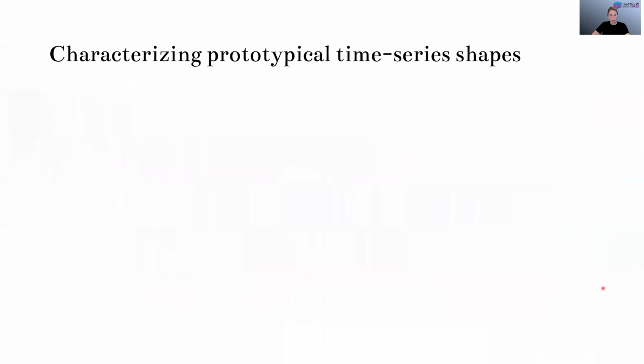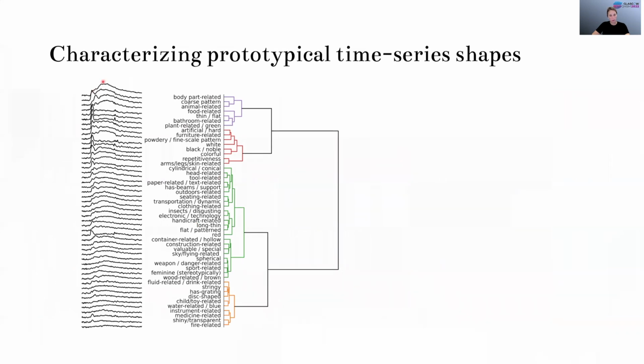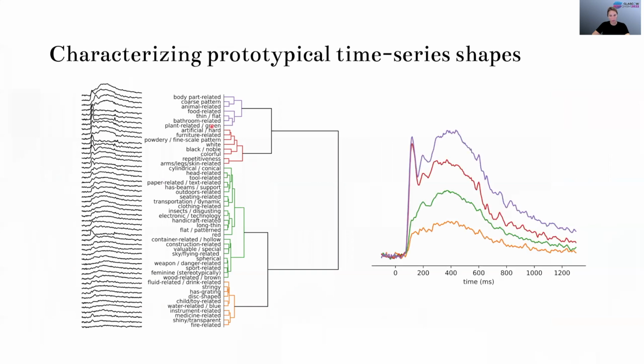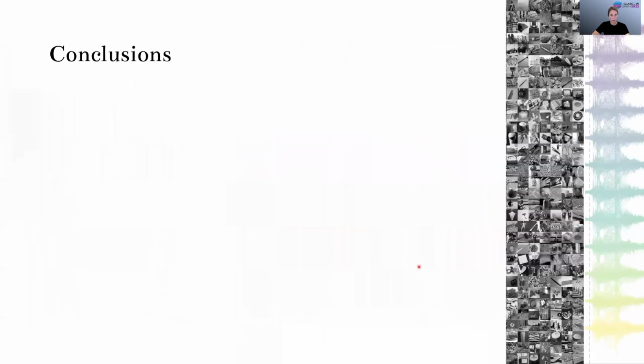Calculating all the distances for all of the different dimensions, we can then cluster them together and see which ones are most similar. Here we end up with 4 big clusters. If we sort the time courses, we can see that there are some key characteristics that probably make them cluster together. If we average the time courses across the clusters, we end up with these 4 time courses here. One of the characteristics is whether the early peak is present or absent, and the relative size of the second peak. At the moment, we are investigating whether these different shapes are associated with dimensions that reflect, for example, primarily perceptual or conceptual properties. So to conclude,